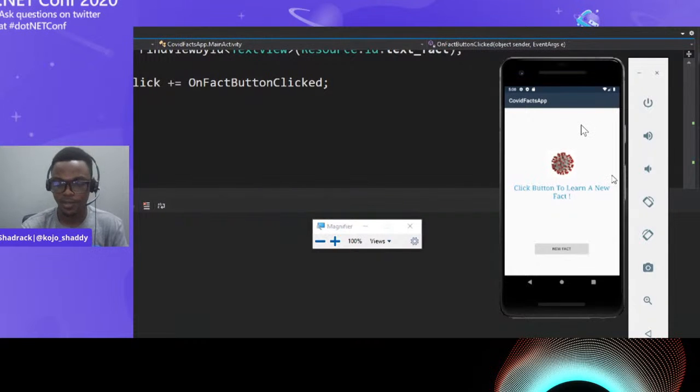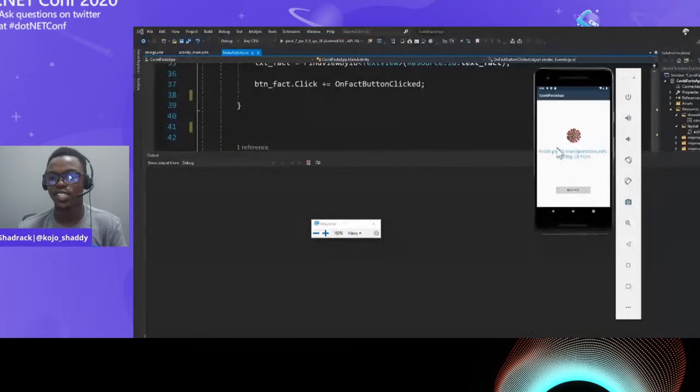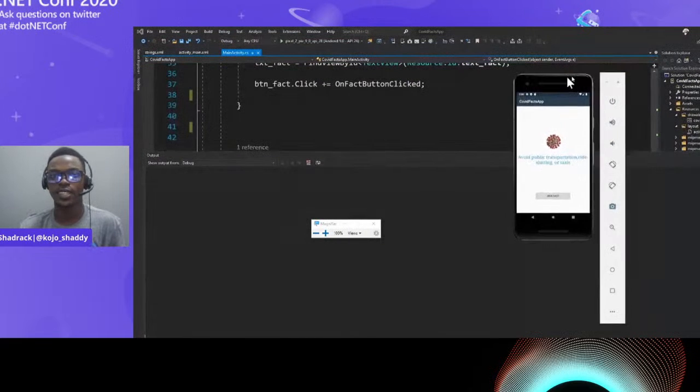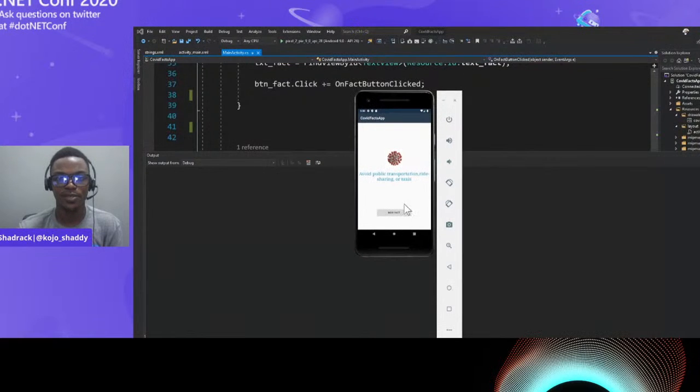that's what is happening. So when I click on new fact, it should change randomly. It should give me a new fact. So this is what is happening. Let me put it here for all of us to see. If I click on the new fact, it's changed. If I click on it, it changes, and it gives me another fact. It changed. So this is a simple application